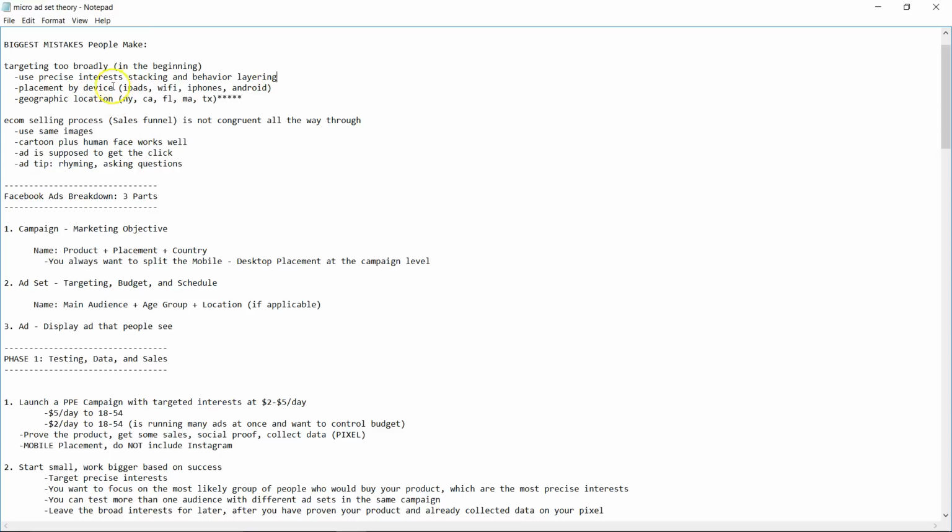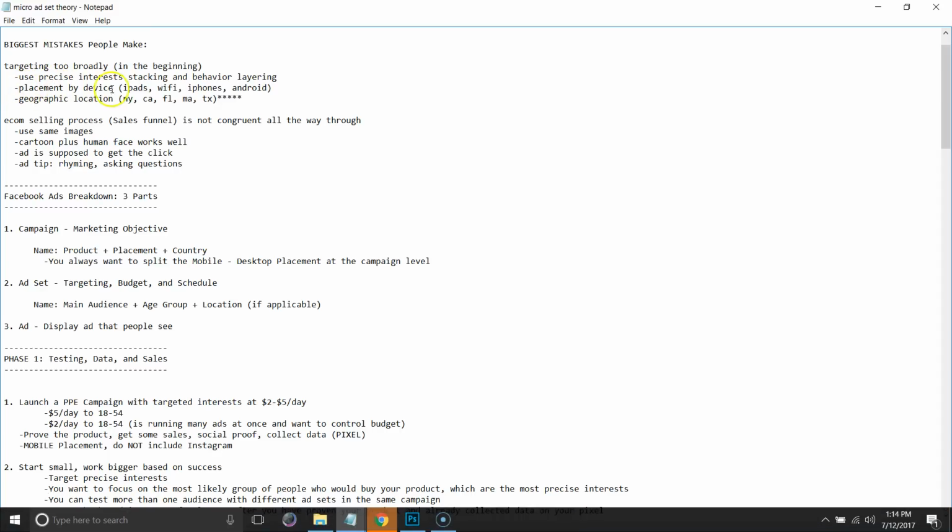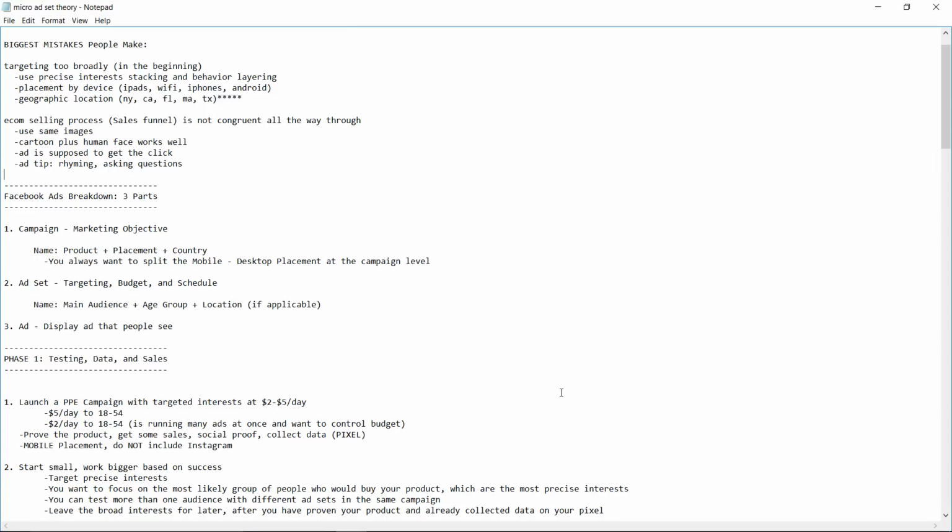Another thing that can help you target is targeting by device or targeting by location. I have these mentioned in here simply because they're becoming a really great way to multi-touch, I guess, with placement by device. The whole idea right now is that you can reach people on mobile, you can reach people on desktop, and you can get across the same message, but in a strategic way, based on, say, maybe you are targeting people